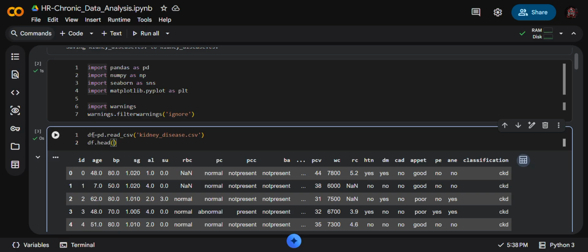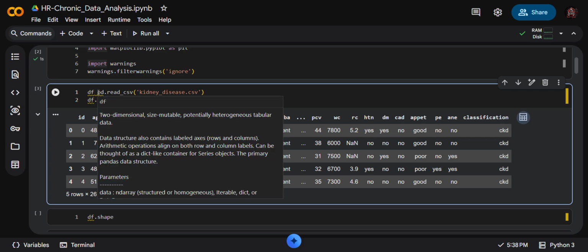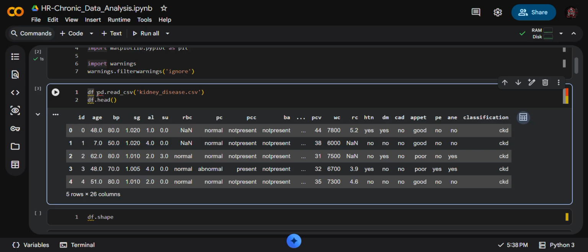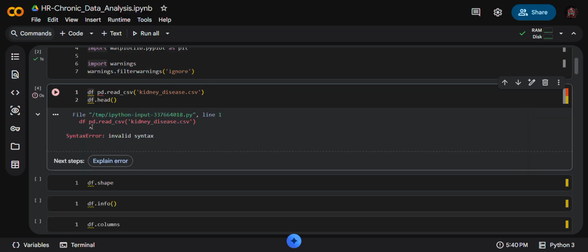But if we do not define df, it gives an invalid syntax error.